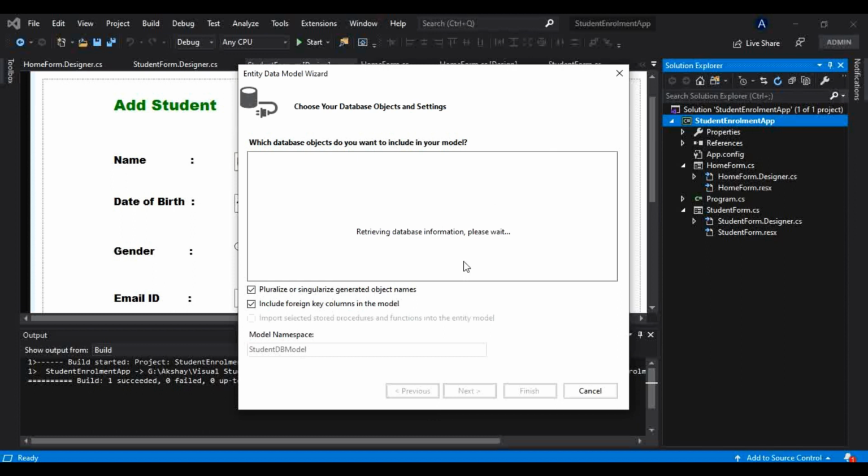So we have to wait for that. Okay, so we have just connected to the database, but which table we want from that database, we have to select from here. If I click on that arrow here and again here, for now there is only one table, and I want to select that, and I will click finish.